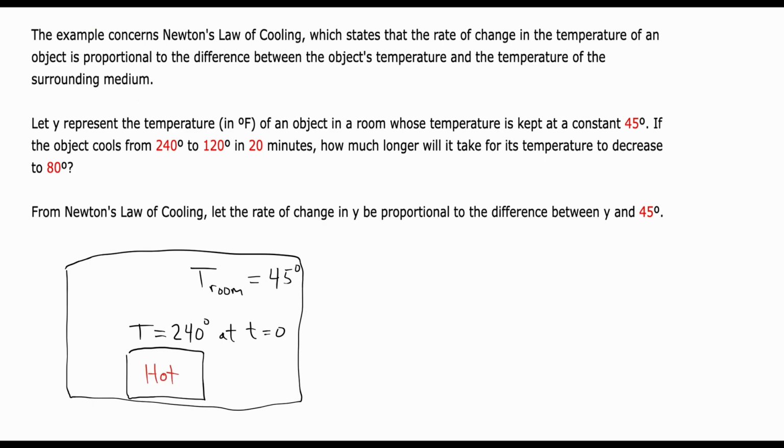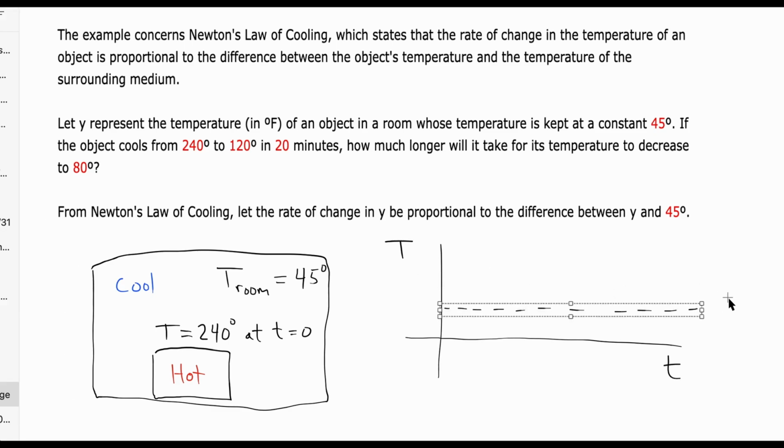So it's hot. And the surroundings are cooler. Over time, what's going to happen to the temperature is that it'll approach 45 degrees as an asymptote. Starting off at 240,